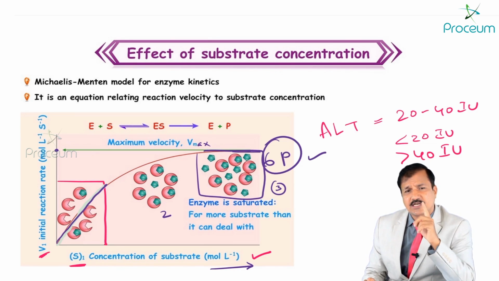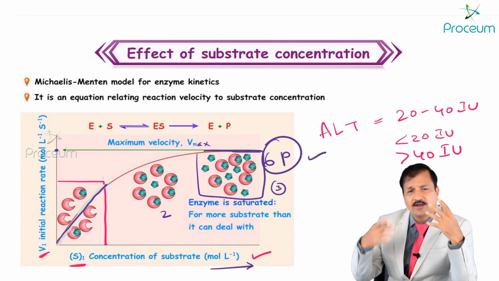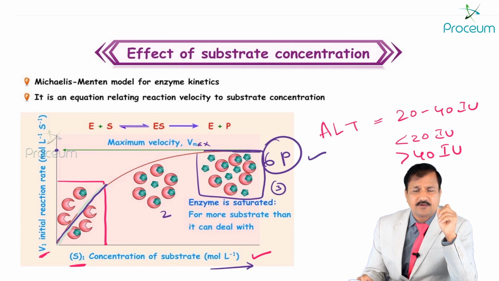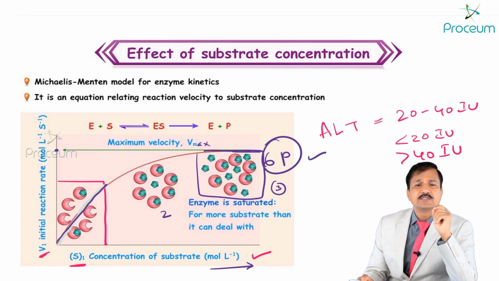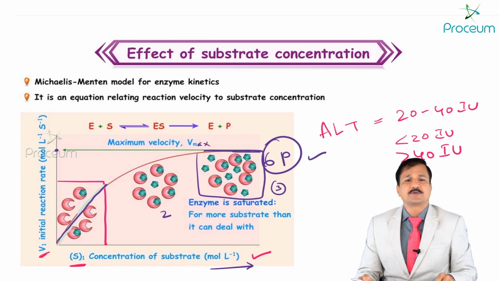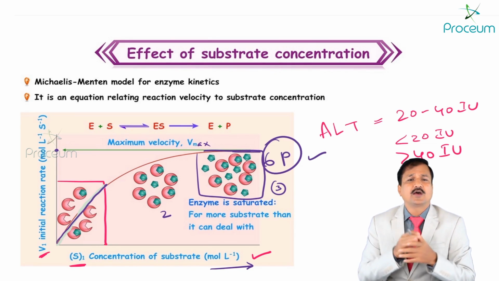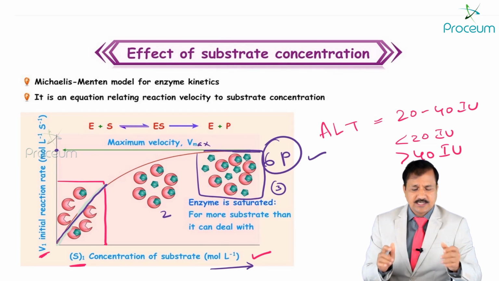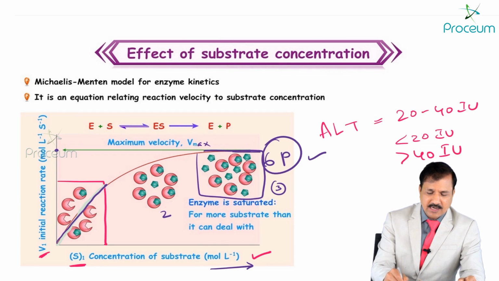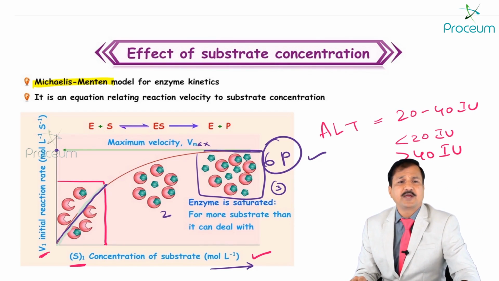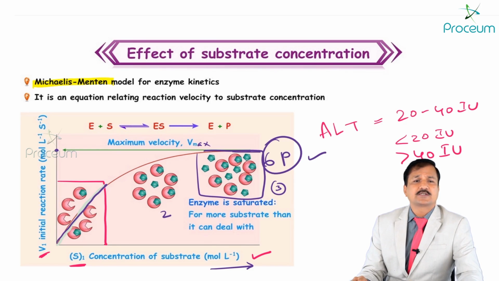Unless a cell synthesizes more enzymes, unless the cell increases the concentration of enzyme, product formation cannot be changed whenever enzyme reaches saturation. So this is the effect of substrate concentration on enzyme activity, and this particular model that we are studying now is explained by the scientists Michaelis and Menten. These are the two scientists who have explained this enzyme kinetics, which is referred to as the Michaelis-Menten model for